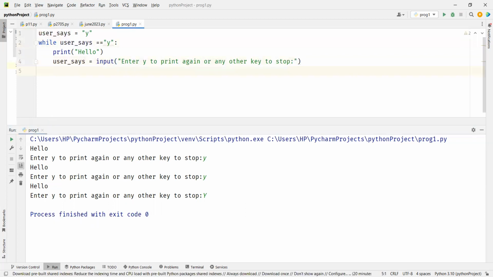Now let's do the same thing in a different way. See, what did we say? That while, for, even if or while is followed by a condition, right? And a conditional statement will give you either true or false, nothing in between, nothing more, nothing less, right? So instead of creating a user says equal to y and again doing the same stuff, we can directly say while true,